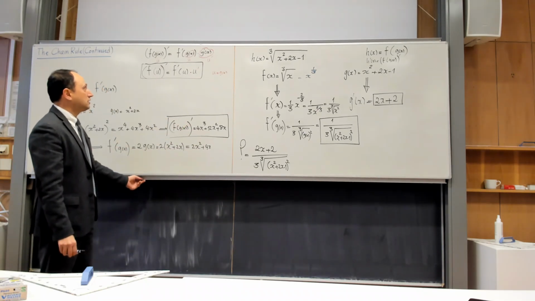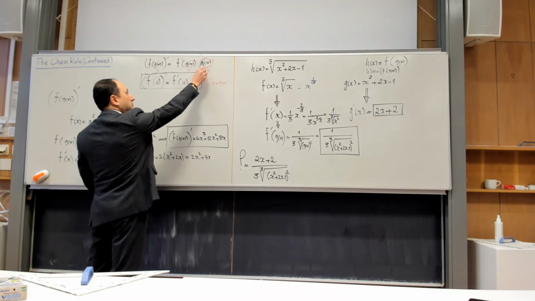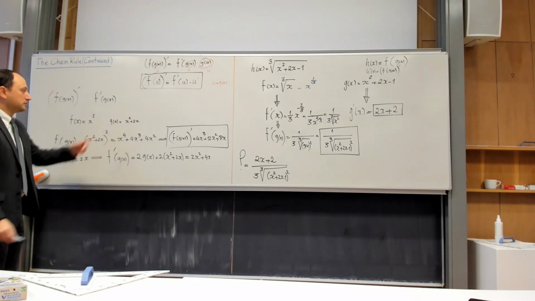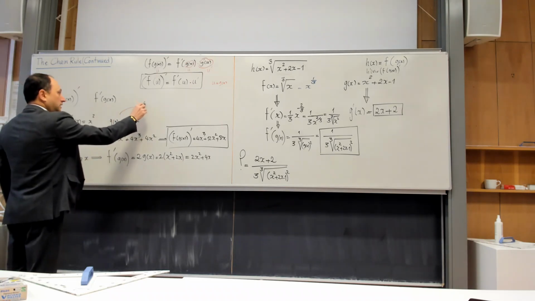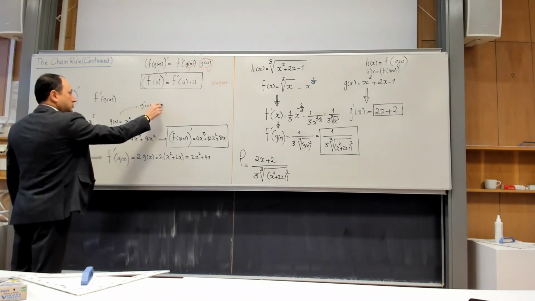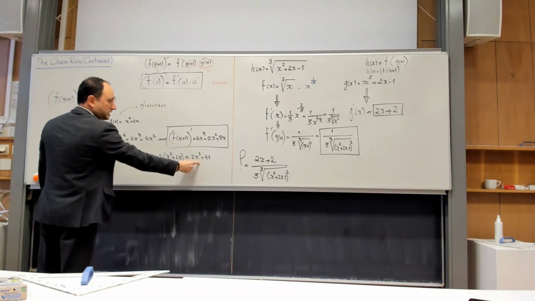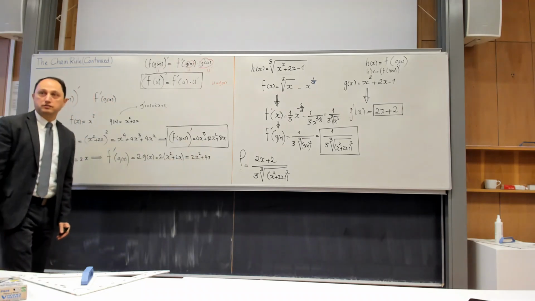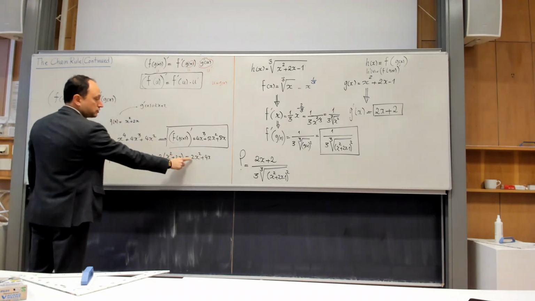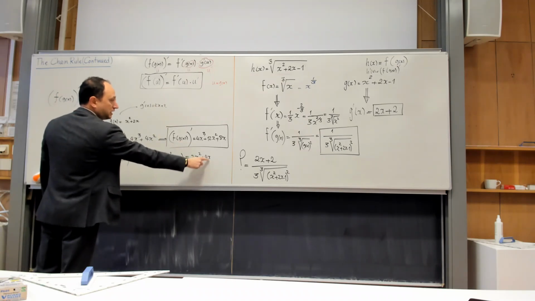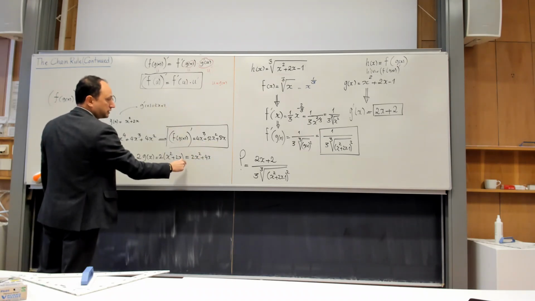So what is the chain rule? The chain rule tells you that you have to multiply by an extra factor of g prime of x. But what is g prime of x? It is 2x plus 2. And if I multiply 2x plus 2 by this answer, I will get exactly this answer. So you can check that. 2x times 2x squared becomes 4x cubed. 2x times this one is 8x. And this one times that one,